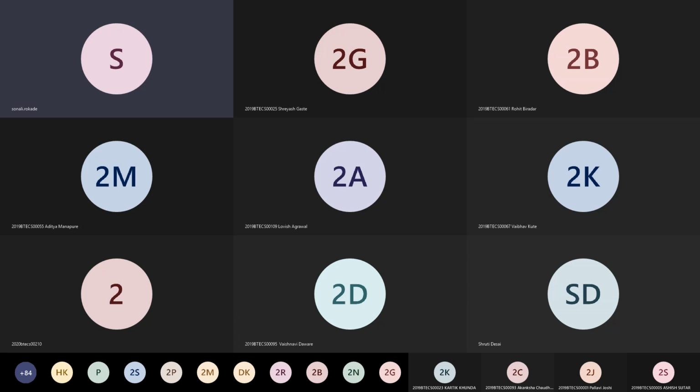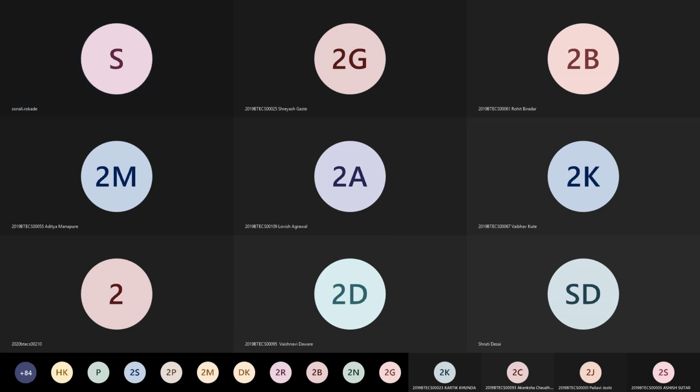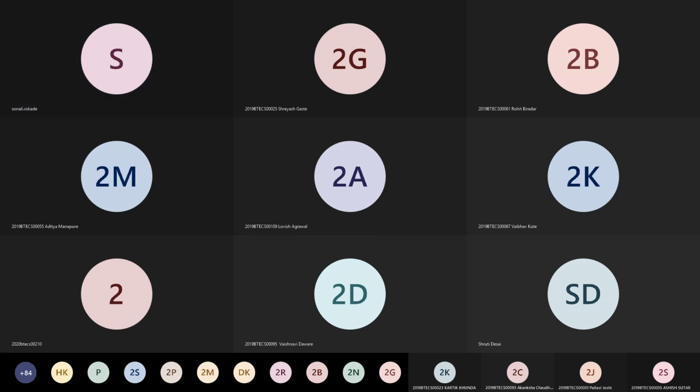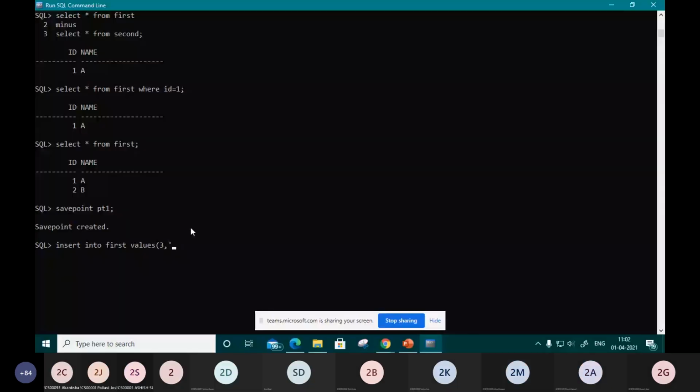Right now I will create save point pt1, and suppose I insert into first values in brackets. Ma'am, the screen is not shared. Yes, sorry. Now is it visible?